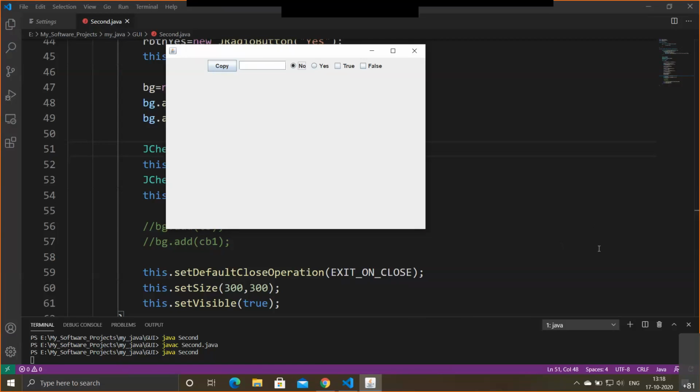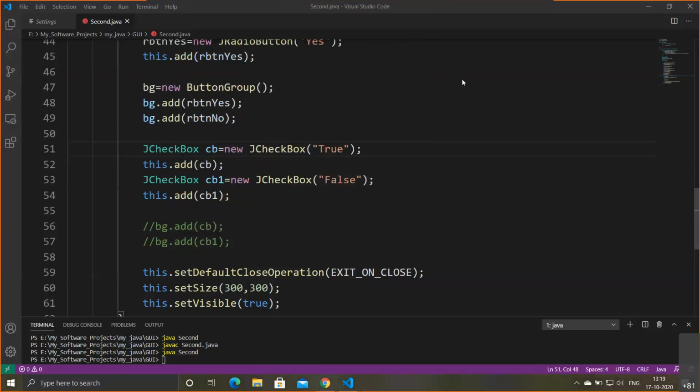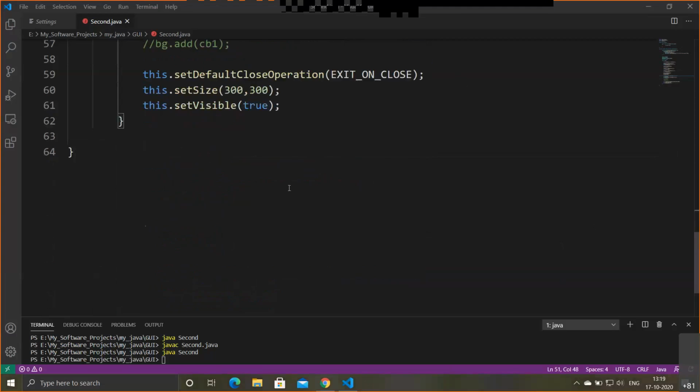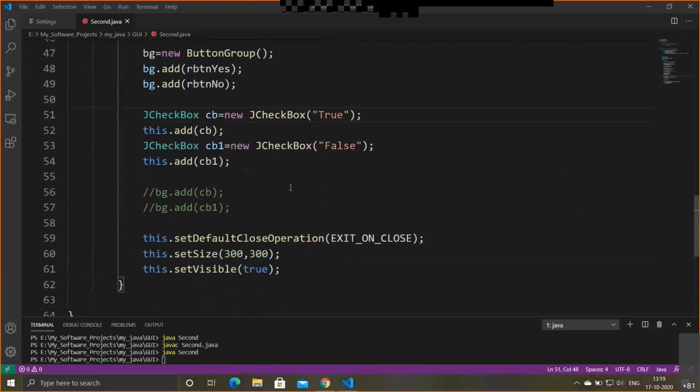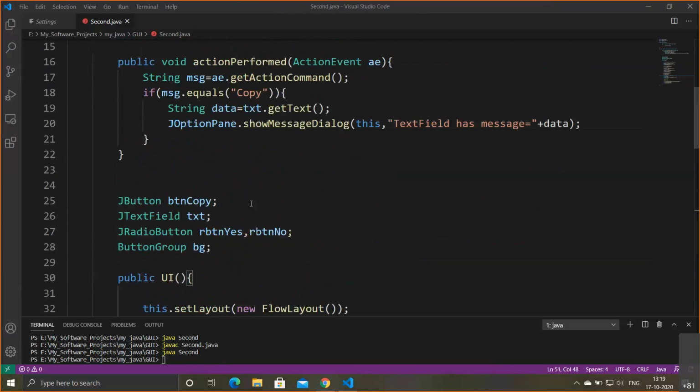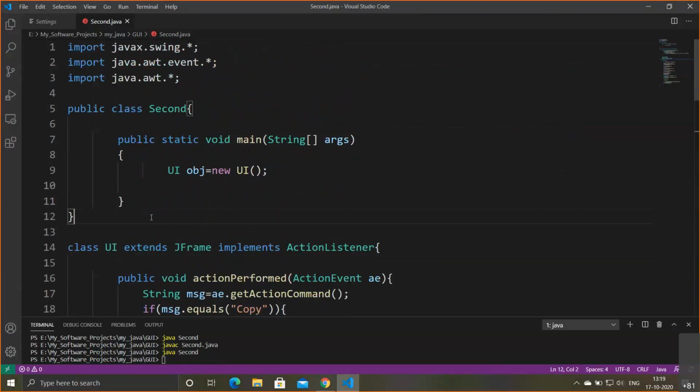Okay, so what we'll do is we'll write a code to set a screen size full. Before that, let's go one by one. So let's handle the events of all the components that we have added so far, right? So let me close this, close the chat window. Okay, let's handle the event of buttons, radio buttons. The same thing can be done with the checkbox, and then we'll proceed with the